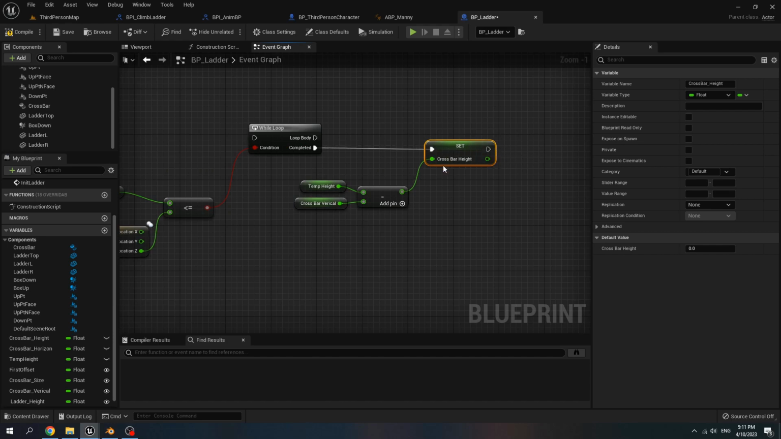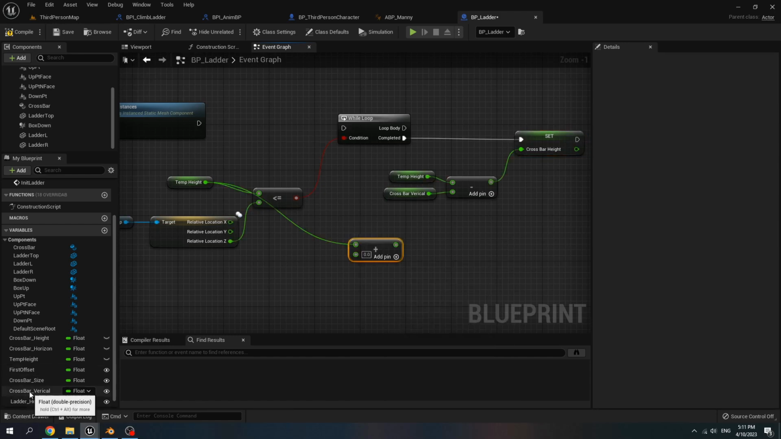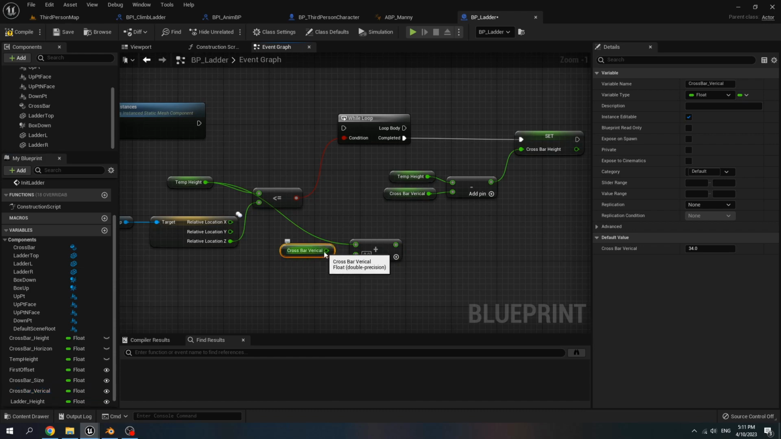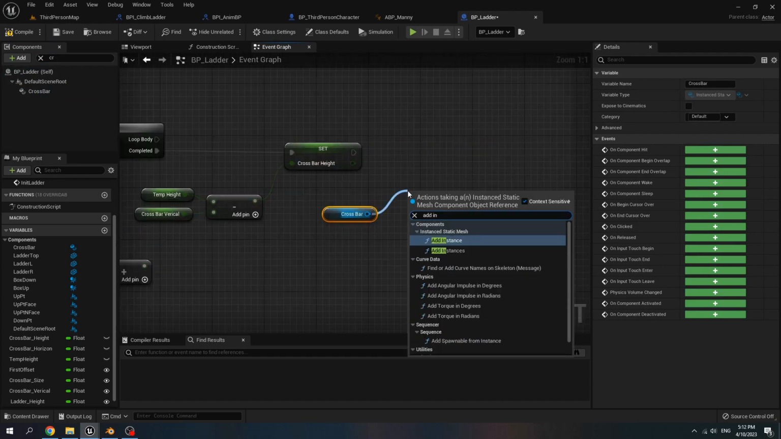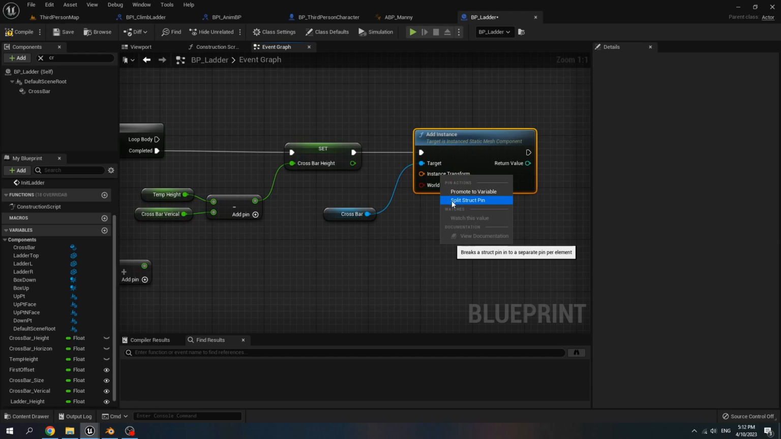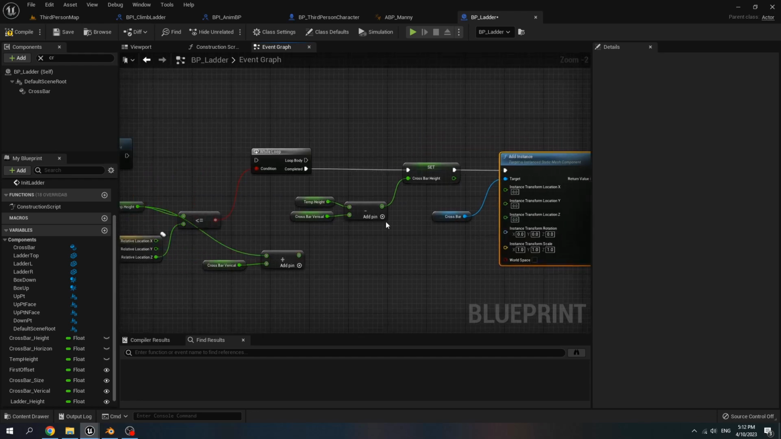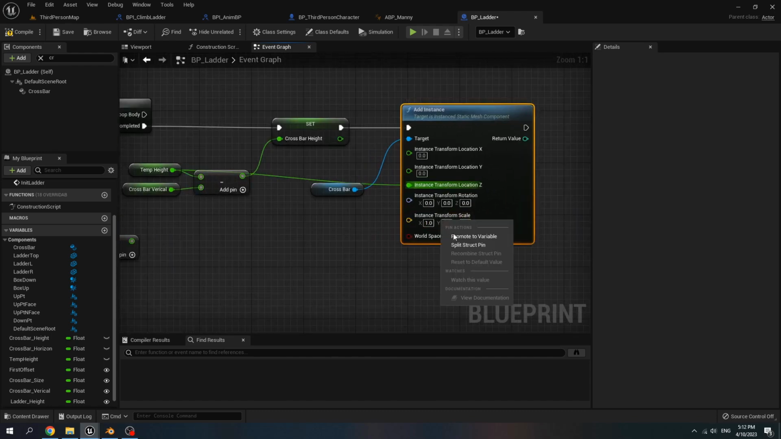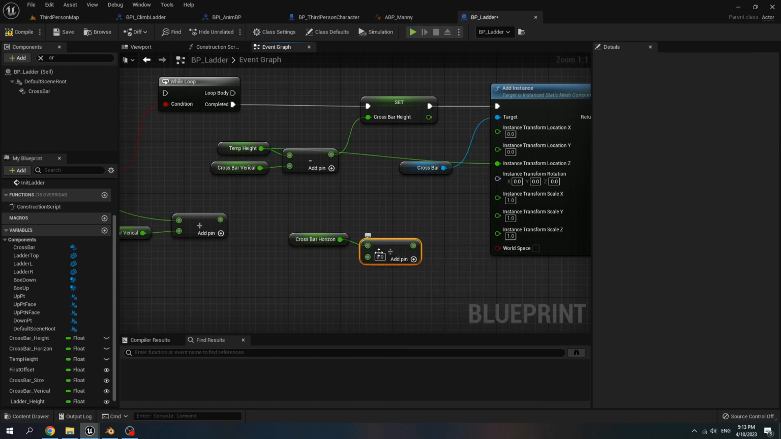And when the while loop is complete, get temp height minus with crossbar vertical, then set crossbar height, connect complete to set crossbar height. Get temp height, add it with get crossbar vertical, call get crossbar, call add instance, split the instance transform, and split the transform location, connect temp height to the instance transform z, split the instance transform scale, get crossbar horizon, divide it by 100, connect it to the scale x,